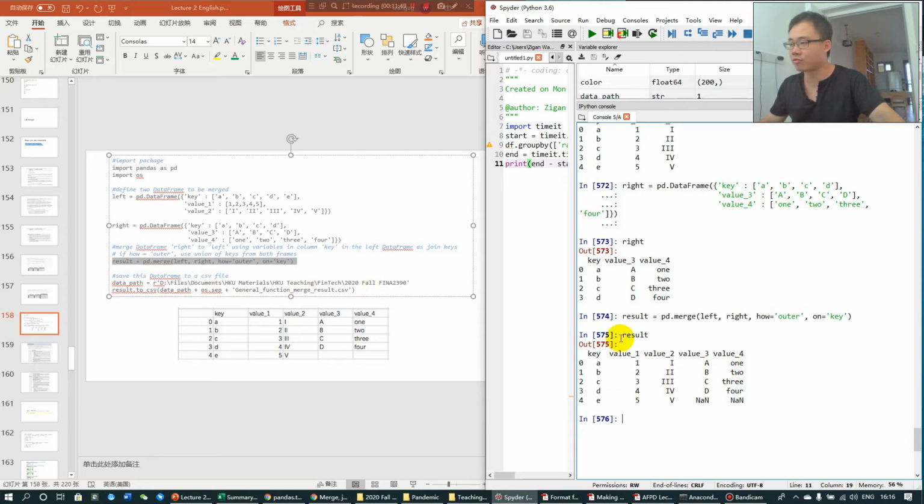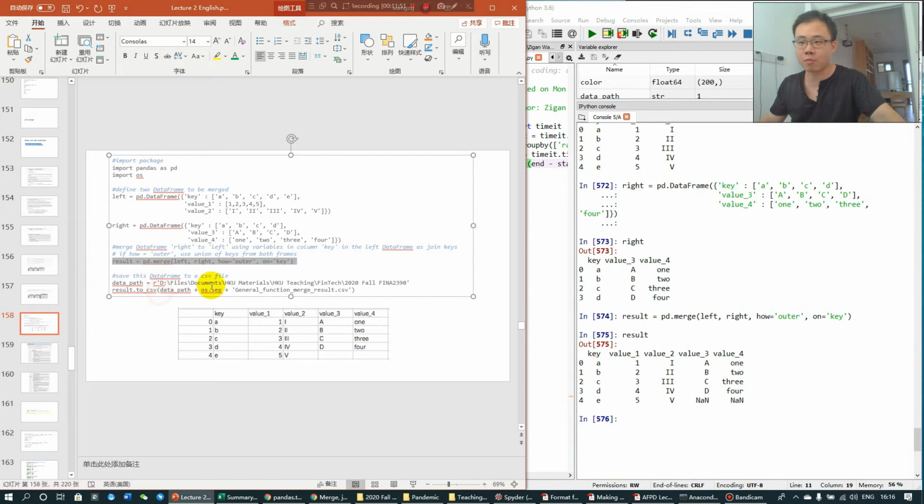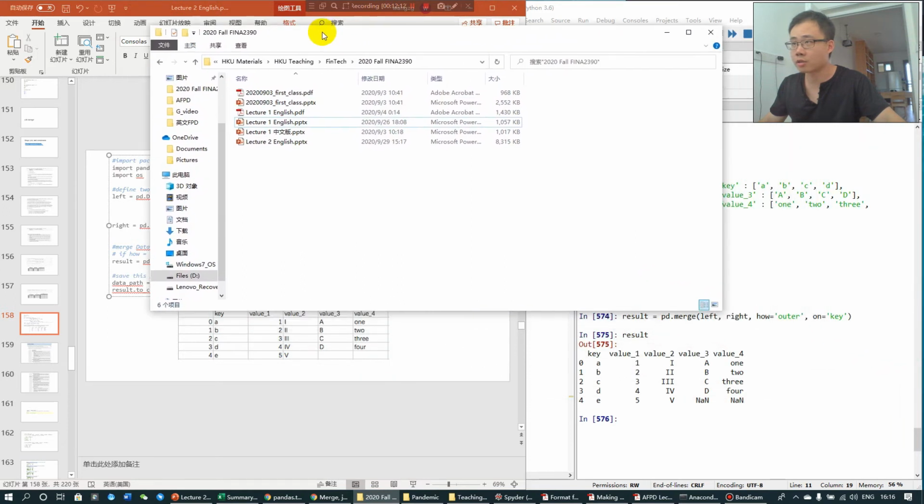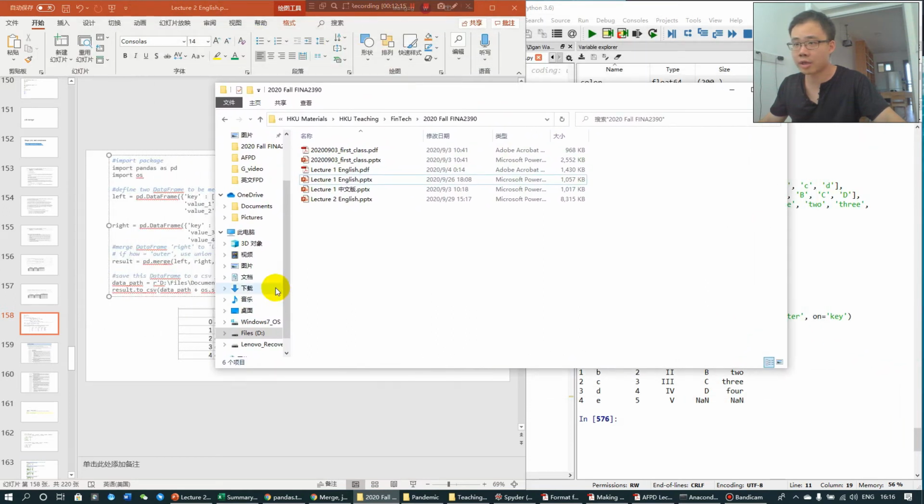And if you want to save this result somewhere, you can do this. Simply use to_csv. If you want to save it to Excel, you can use to_excel. I'm just saving this. Where is my folder? Okay, so this is my folder, and